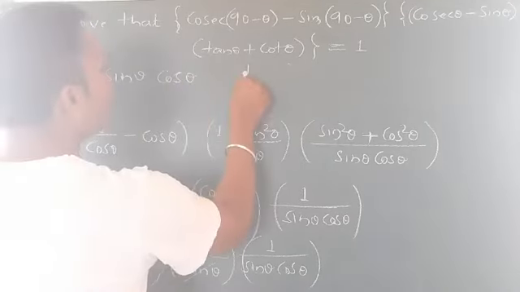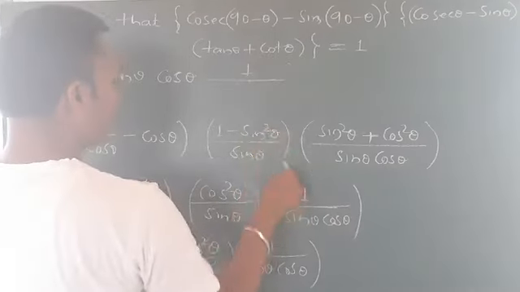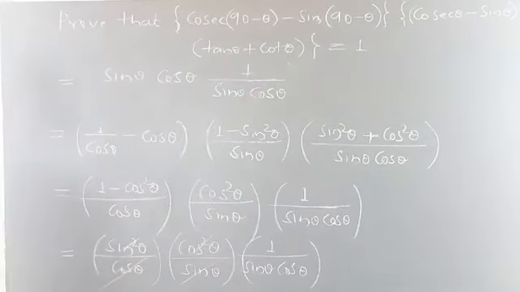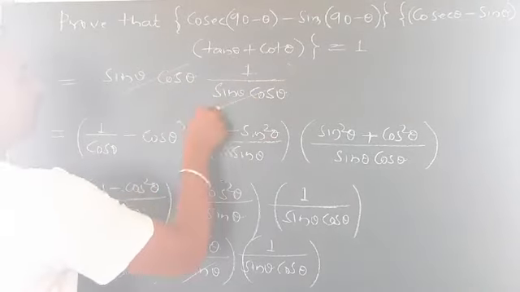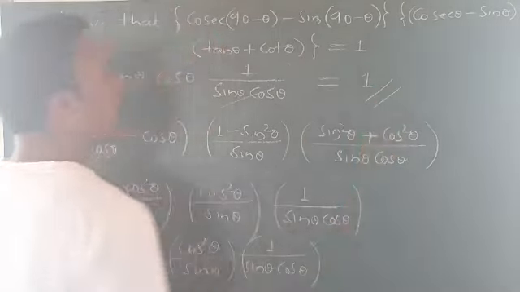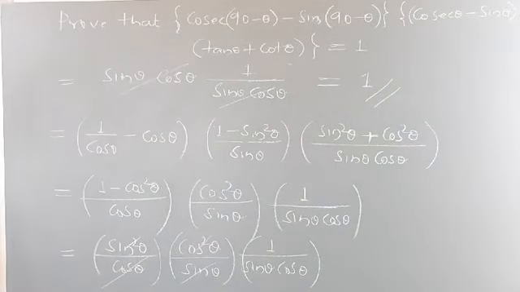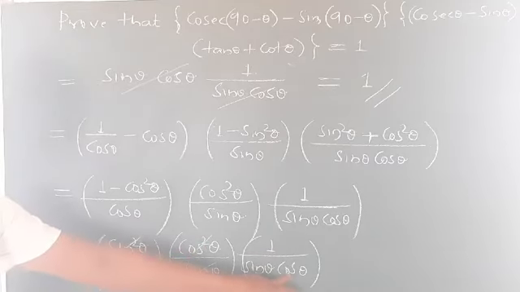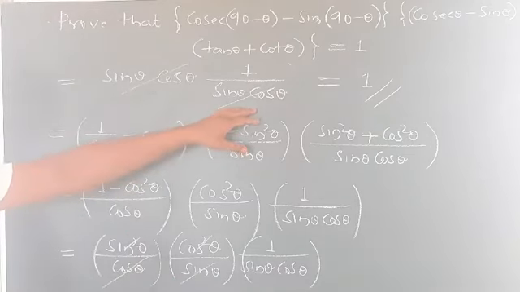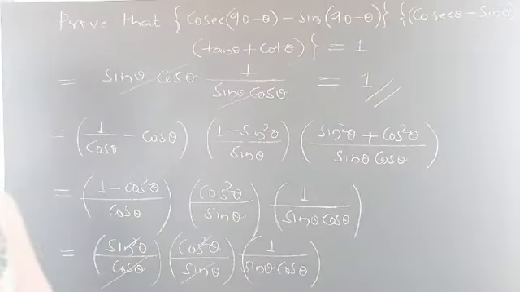And we have here 1 by sin theta into cos theta. We need to prove 1, so these two quantities get cancelled and the answer is 1, hence proved. This is a very simple problem. Just see, here sin square theta is there and here 1 sin, multiplication is there, 1 and 1 get cancelled. Here cos square is there, here cos, 1 will cancel, remaining 1 by sin theta into cos theta. So here sin and cos are remaining, this sin cos and this sin cos get cancelled, so remaining is 1. I hope you understood very well.